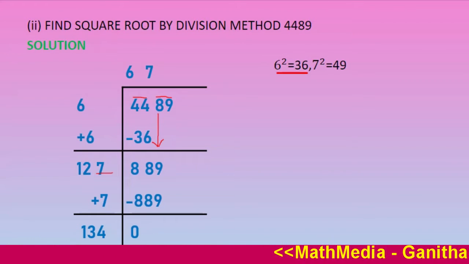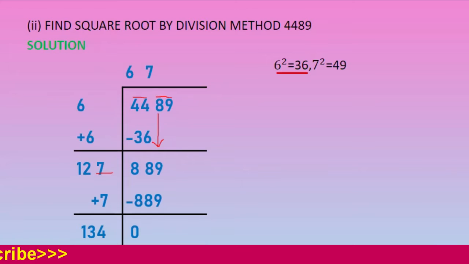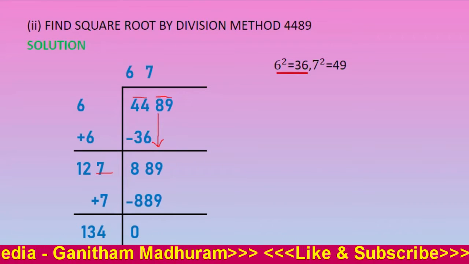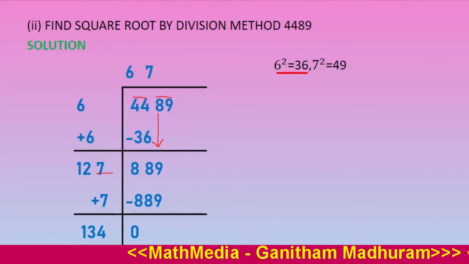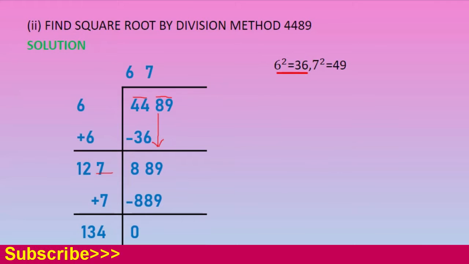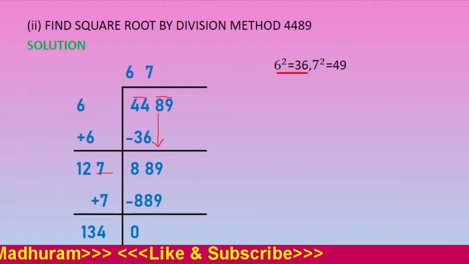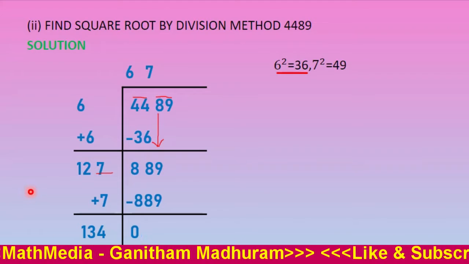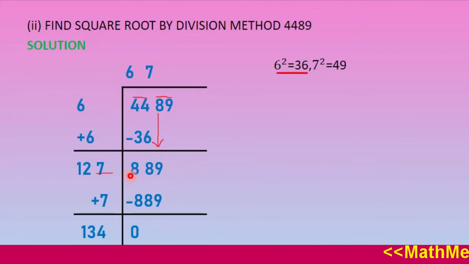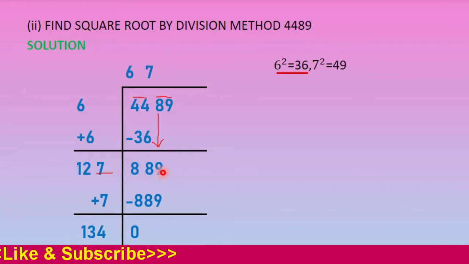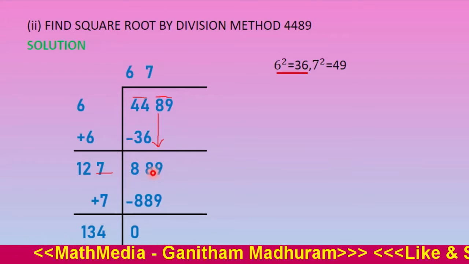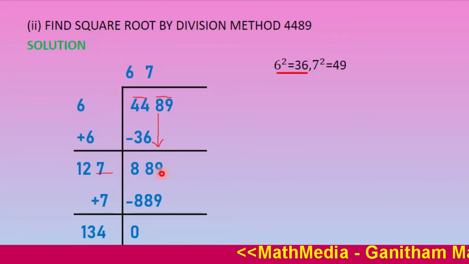Before looking at the dividend, you have to do the second group fully. You have to move it down. In actual long division, we are taking the next digit down. Instead of that, here we are taking the whole group 89. We'll write here. Now our dividend is 889. We look at the unit place. Here it is 9. There are 2 options.